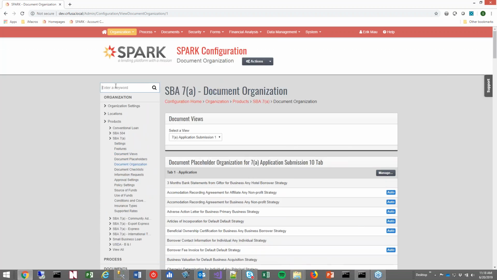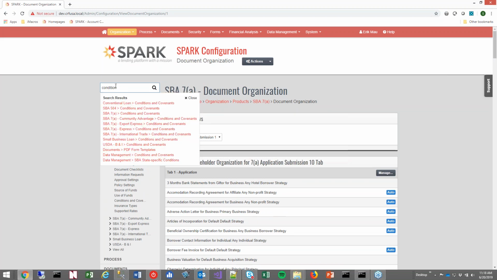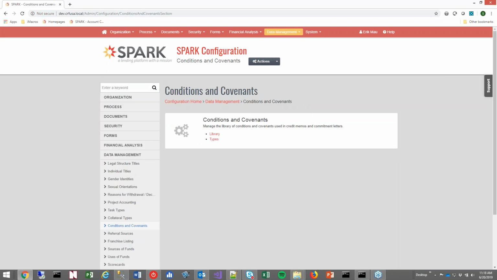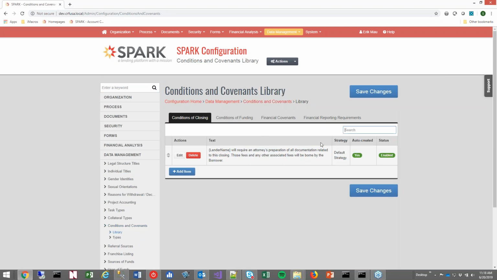So let's go ahead and move into the next feature that I want to highlight on this release call, and that is related to conditions and covenants. I'm going to start with administration of conditions and covenants because we have made some improvements over how you can define conditions and covenants within your Spark environment. So we're going to first jump into the library, and as you can see, I have one condition of closing